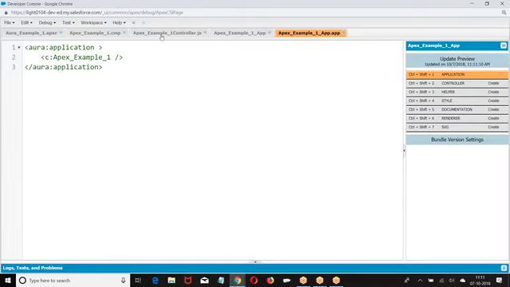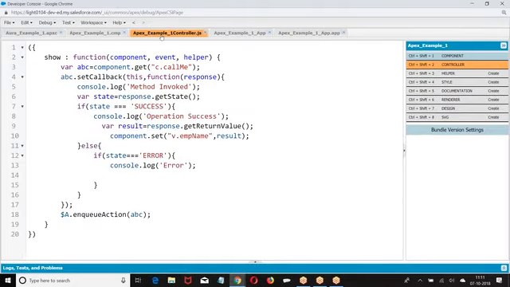So first of all, you need to understand two points here majorly. First thing is, every Apex method you are calling from Lightning is an asynchronous call. How can you prove it? Now look at this. I created an action. That action was enqueued. What is the advantage of enqueuing this action?